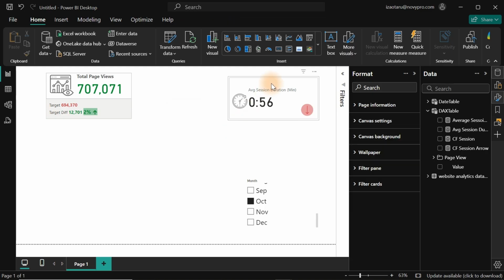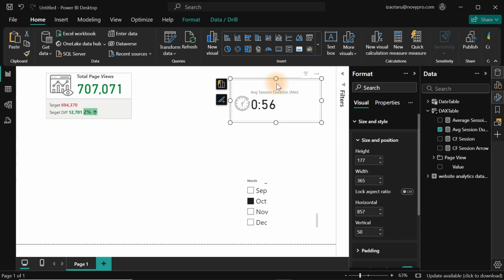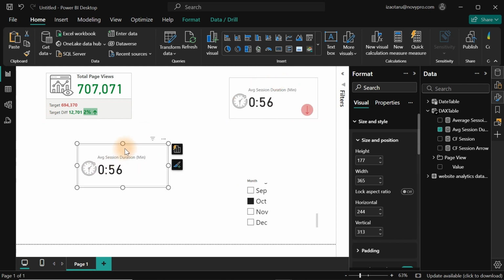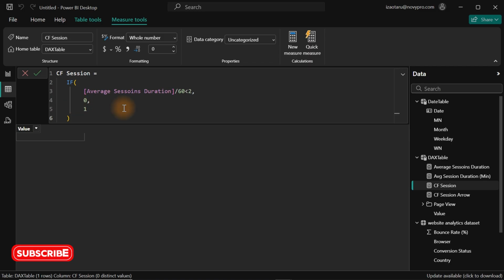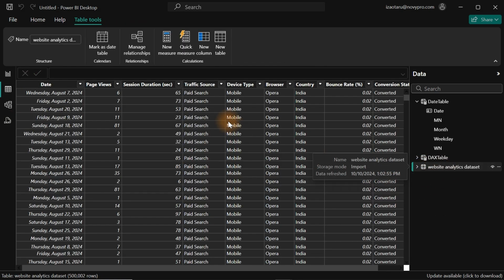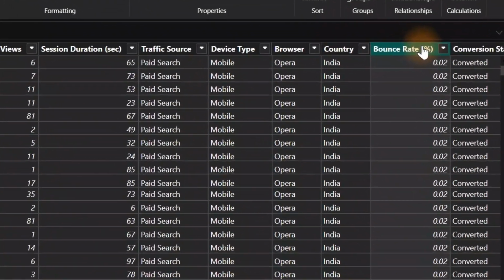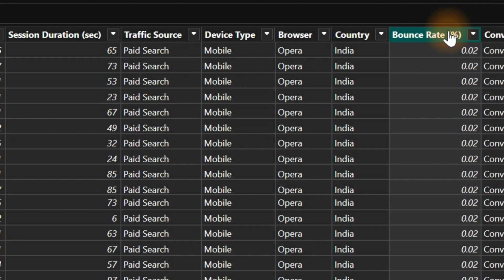Okay, let us get this one here and Ctrl C to copy and Ctrl V to paste. Bring this one over here. So now we have to do it for bounce rate. Let me show you what I'm talking about. So we have this one here. If you look at this particular part, it's a percentage of bounce rate. That is bounce rate percentage, which means what